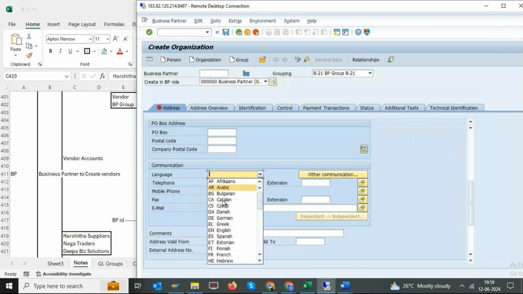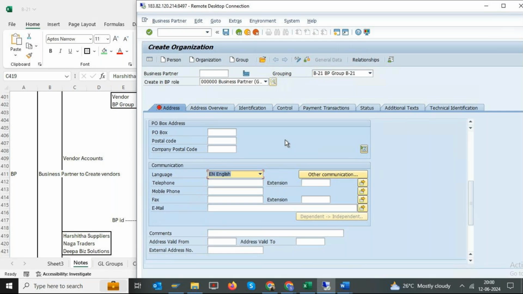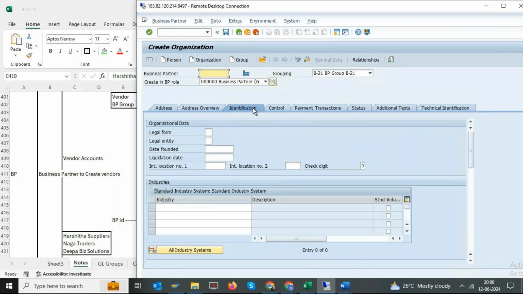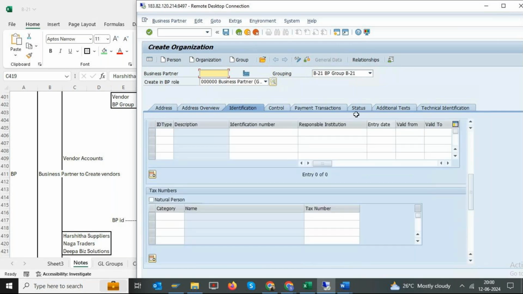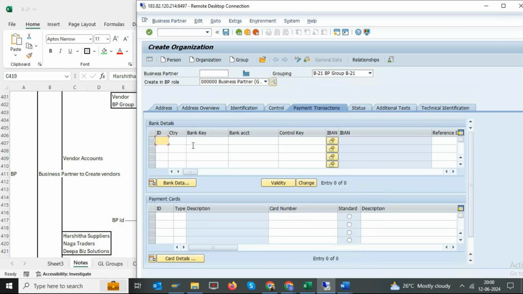So after doing this, you see here we have identification. I can maintain his tax details and other details here. Come down, tax category, tax numbers. Under payment transactions, I can maintain their bank address, bank details, and all these details, whatever the organization has. Once after filling up this basic data, I'm not filling everything,